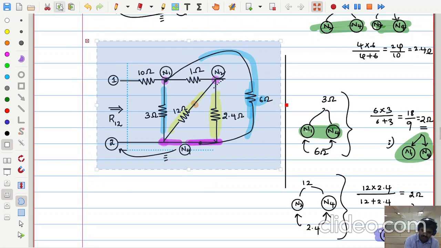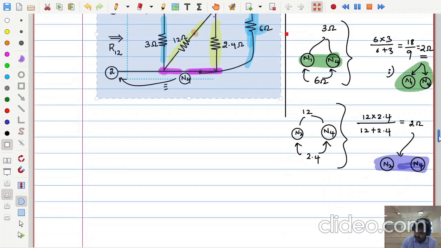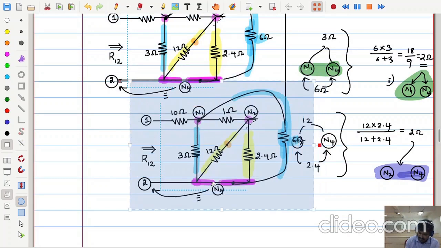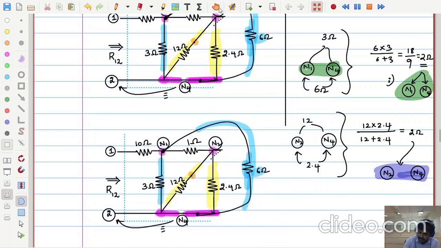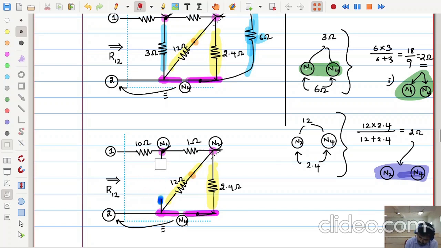Now let us take one more step on this diagram. Carefully, this is very important, where students make mistakes. So try to focus on this. First we will do one by one. First case, 3 and 6. Let us remove 3 and 6 completely from our circuit. 6 I removed, 3 also I am removing. Now where should we connect its equivalent? 3 and 6 I removed, so I must replace those two by some value. How much is that value? 2.